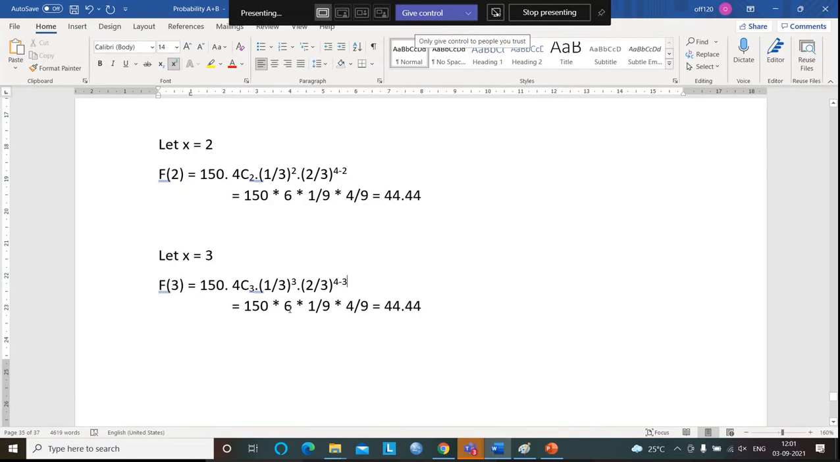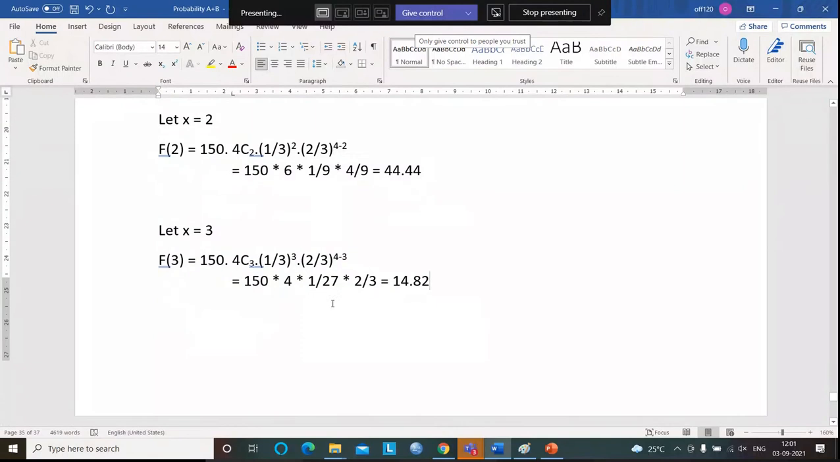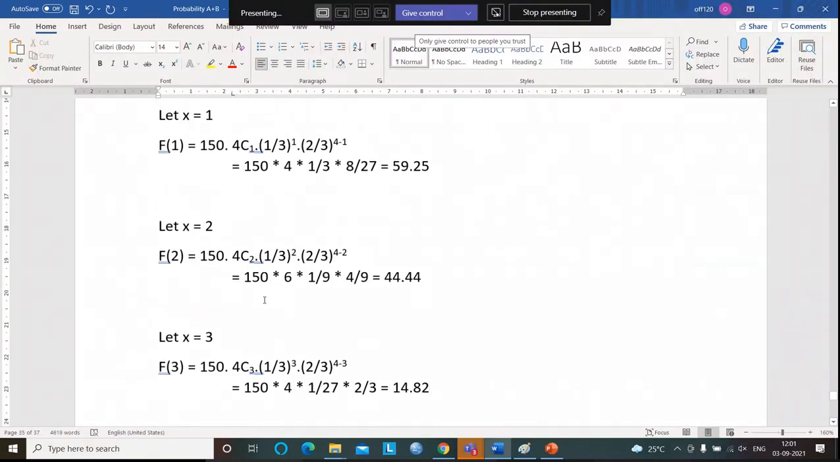Then we get 150 into 4c3, which is nothing but 4. 1 by 3 to the power of 3 means 1 by 27, and 2 by 3 to the power of 4 minus 3 means it is 1, right? So we get only 2 by 3. By doing this calculation, in all the expressions our denominator is 81 only. Now by calculating this value we'll get 14.82. Now the last value we are going to find out is